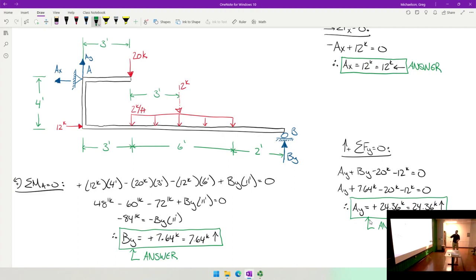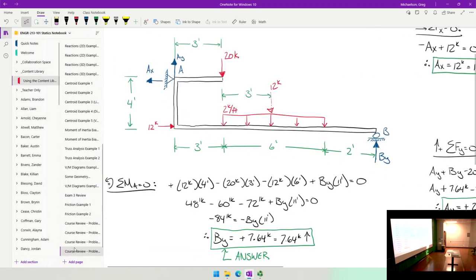Let me stop for a sec. Did this make sense? Does anybody have any questions about this? If you can do this problem, I think you can do just about any support reaction computation on the exam. Anything you would get on the exam is going to be much easier, in my opinion, than this. Any questions? Y'all need any more time to copy this down? All right. So